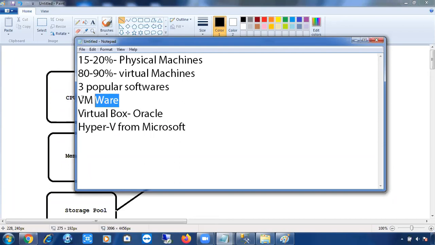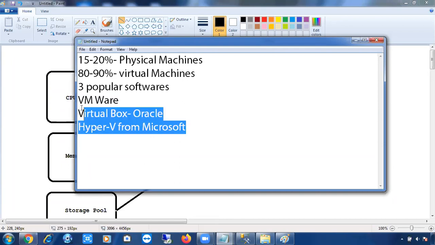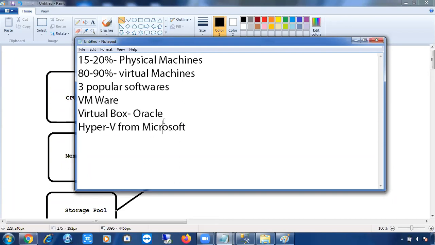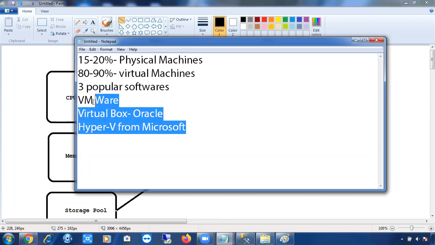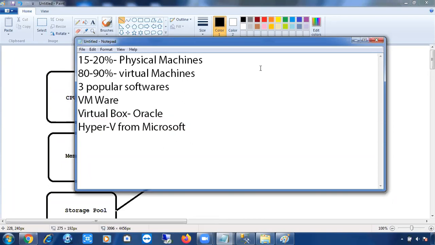Maybe in your organization they may use VMware, but whatever they are using, don't bother about it. Why? Because we are not Windows admins, we are not VMware admins. They can use any software. Ultimately, at the end of the day, whether we can access the server or not, that is the question. They can use any other platform, but for us, the server should be accessible. So don't think you want to get knowledge on VMware or Hyper-V and all. It's not an issue.